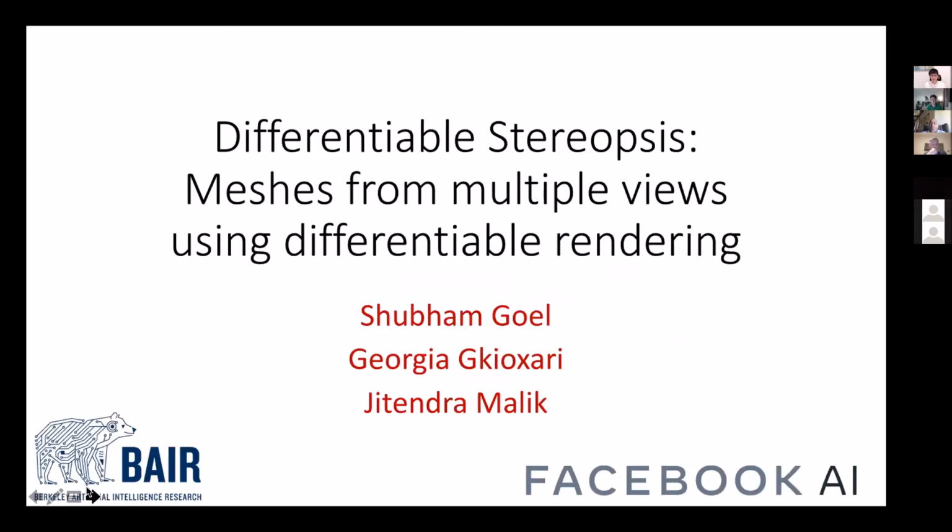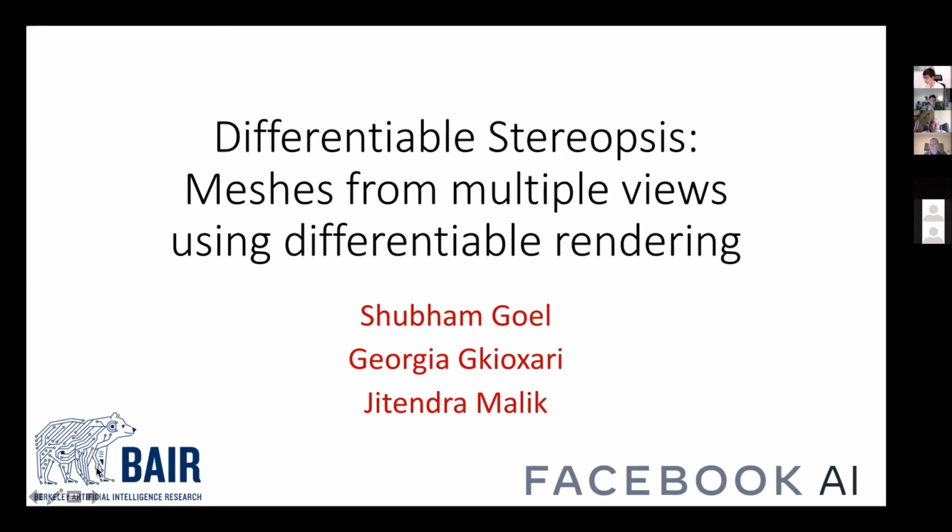Okay, next, what I'm going to talk about today is primarily unpublished work, and it's all on the theme of the more classic version of the problem, what's sometimes called SFM, sometimes called stereopsis, which is where you have multiple views of the same instance, the same object. We call this differentiable stereopsis. Stereopsis is a very classic term; in computer vision, people have studied it for 60 years. And differentiable refers to how we combine it with the latest ideas on differentiable rendering.